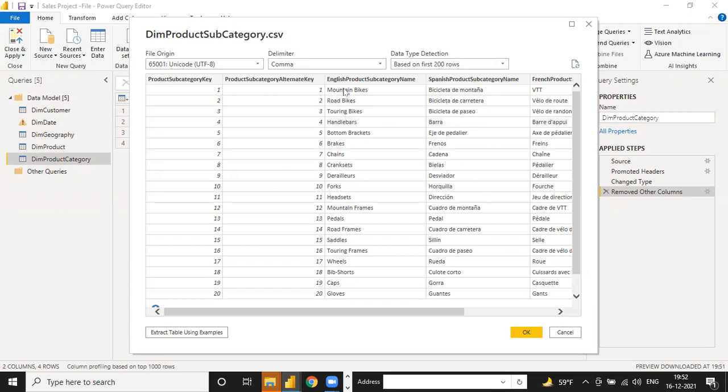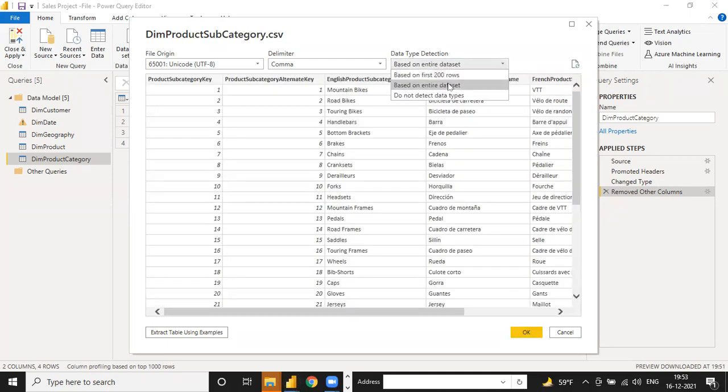Otherwise, suppose English continues after 200 and then switches to Spanish, then it is not a good way. So you can select any of the options, like based on the entire data set. Yeah, that's what I'm asking. In the previous project, can we choose the entire data? You can select both things. Nothing to worry about. You can select either 200 or the entire data set.